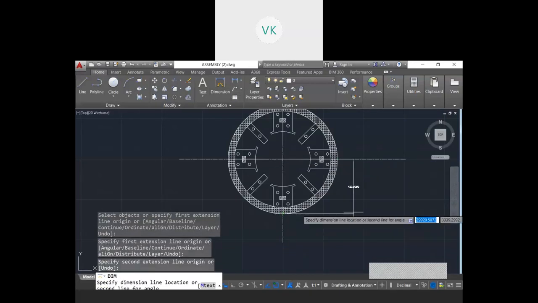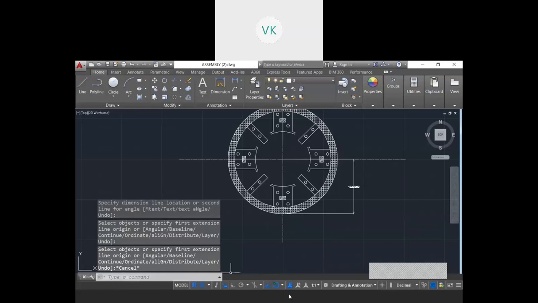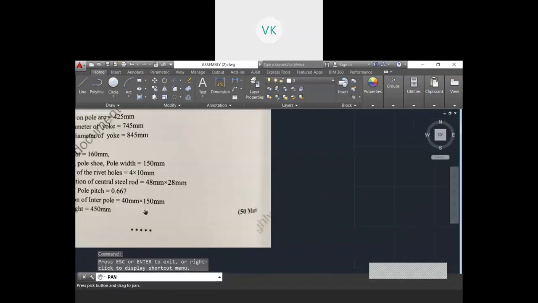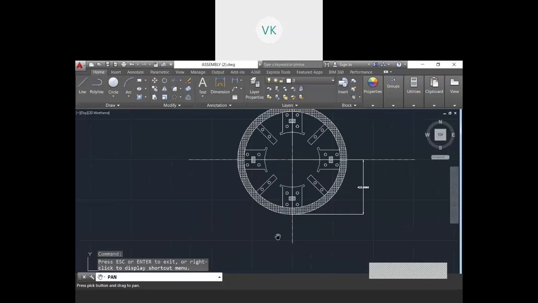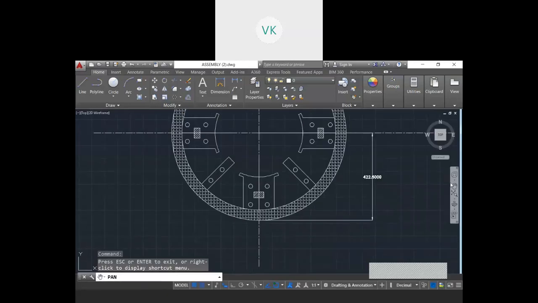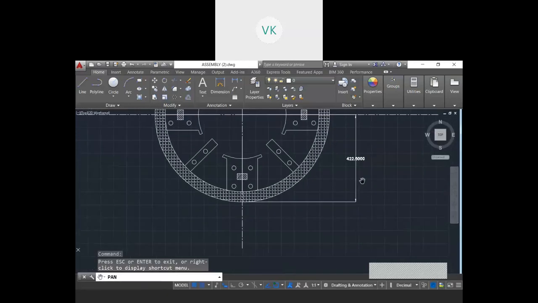So this is my axle length. So in the problem how much is it given? It is given 450, but I am getting say 425. Let me check it. Yeah, I need to consider the base. So now we can see it is 425.